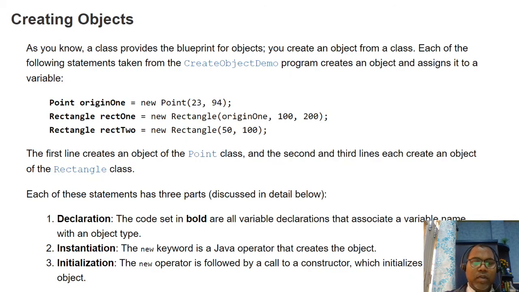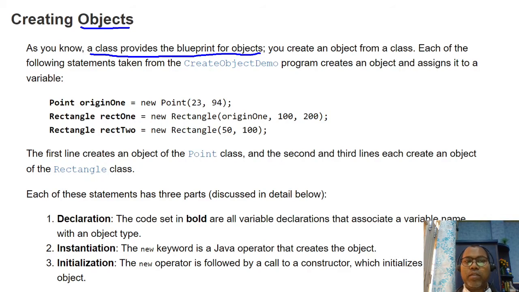Today we are discussing classes and how we can create objects from a class. As you know, a class provides a blueprint for objects.